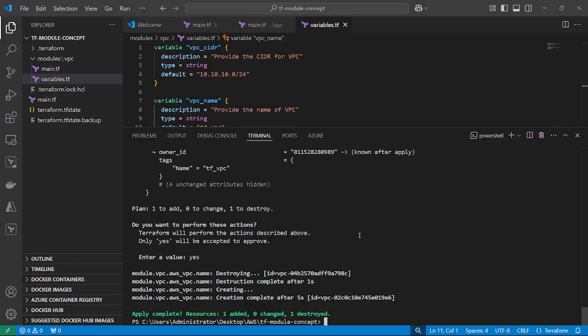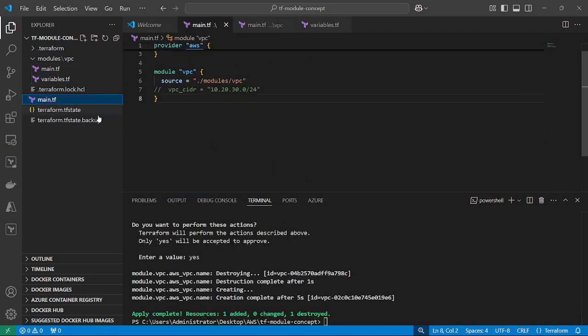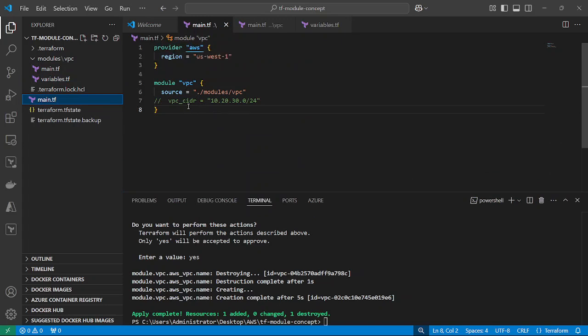So whenever you are going to make a major change in any resources, Terraform will destroy and create the new resource. But minor changes, just like name change, will just apply the new setting. So here we understand the concept of module, how we can call the module in the main directory, in the main Terraform module. So now let me create one more module,